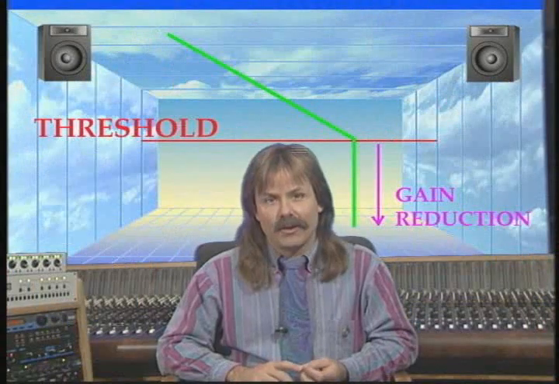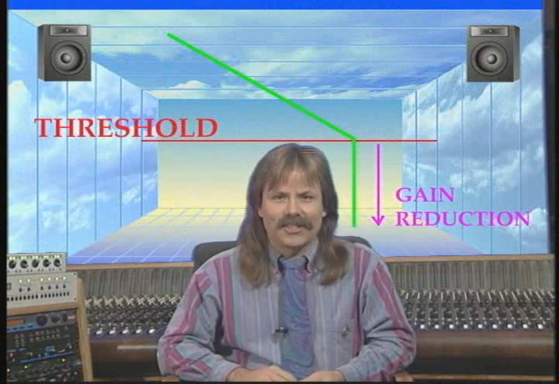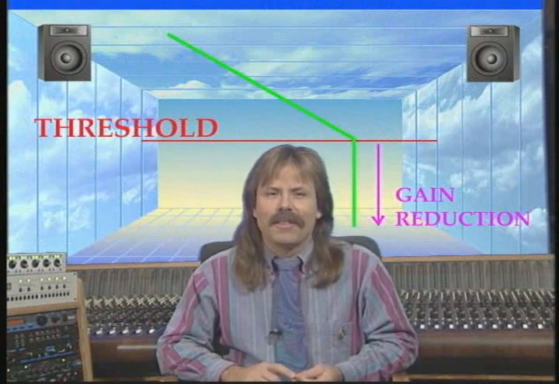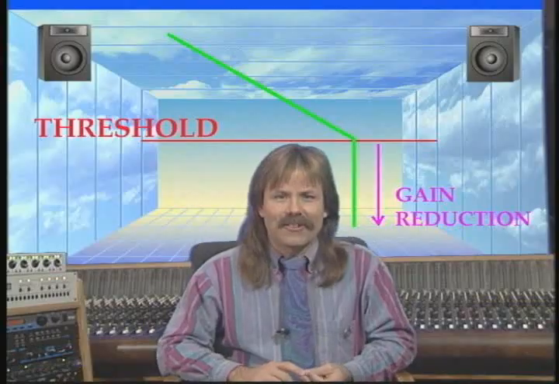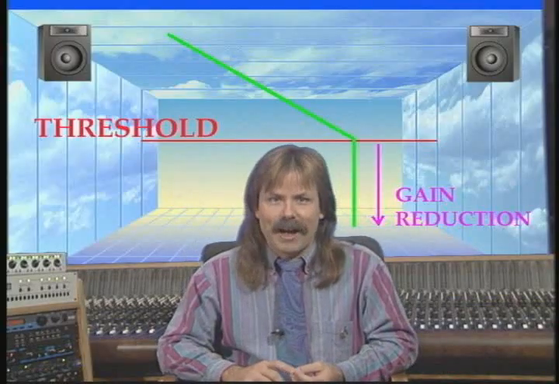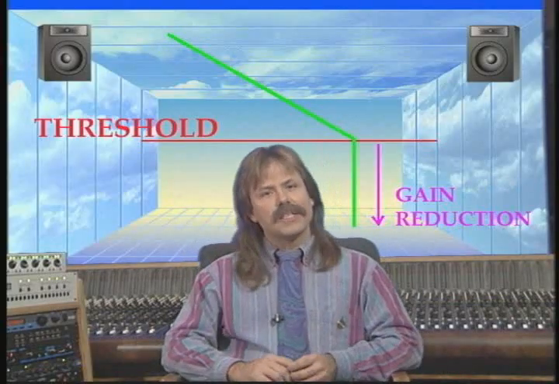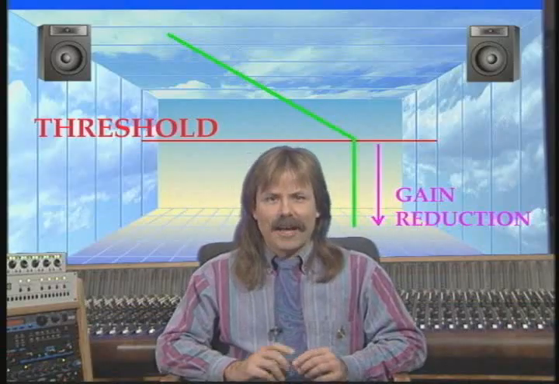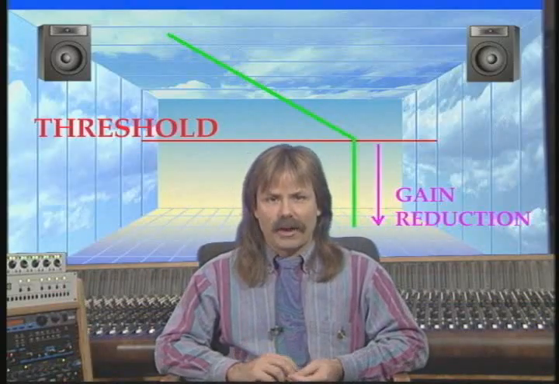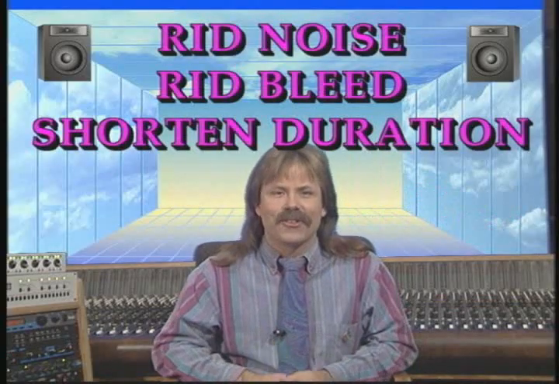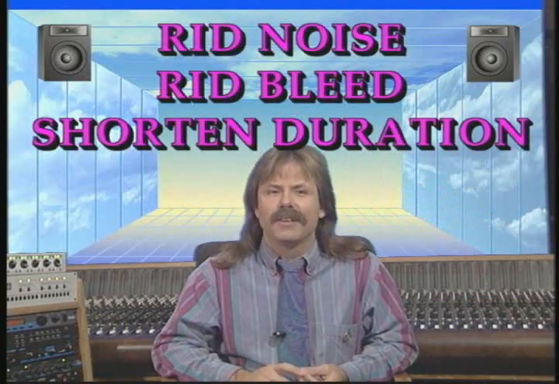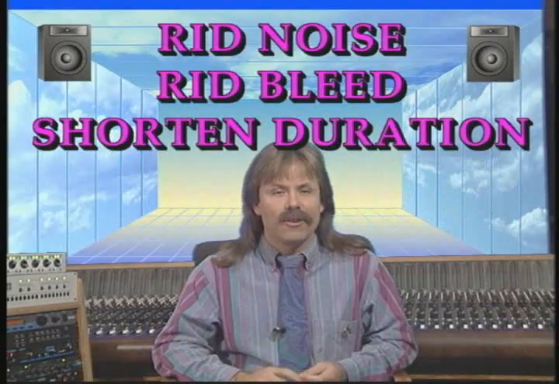Like compressor limiters, the function of a noise gate is to turn the volume down. Therefore, compressor limiters and noise gates are often packaged together in one box. The difference is that noise gates turn the volume down when the volume falls below the threshold. Noise gates have three main functions: to get rid of noise, to get rid of bleed, and to shorten the